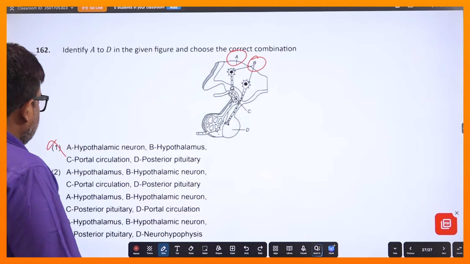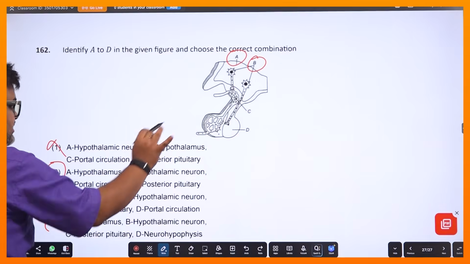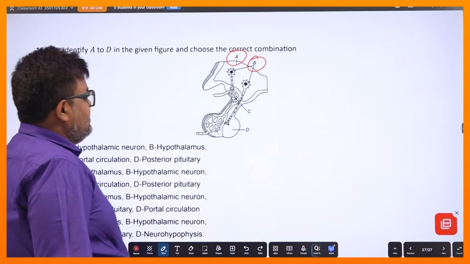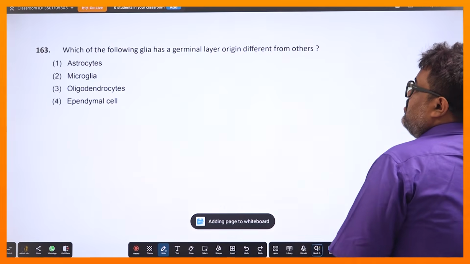সিটা বলেছে পোর্টাল সার্কুলেশন, ইয়েস সিটা পোর্টাল সার্কুলেশন, এবং সিটা পোর্টাল সার্কুলেশন খালি অপশন 2 তে আছে, কারণ সিটা পস্টেরিয়র পিটুইটারি কোথায় বলে দিয়েছে, অপশন 3 আর 4 এ বলে দিয়েছে, তো ওটা কখনোই হবে না, পস্টেরিয়র পিটুইটারি হচ্ছে ডিটা, তো কাজেই 2টা আমার কারেক্ট আনসার হবে, দেখেই বোঝা যাচ্ছে এগুলো। ঠিক আছে, আমরা কুইকলি এই জিনিসগুলোকে করব।